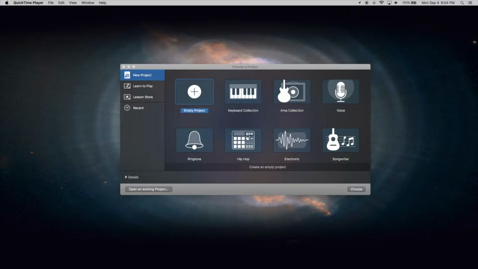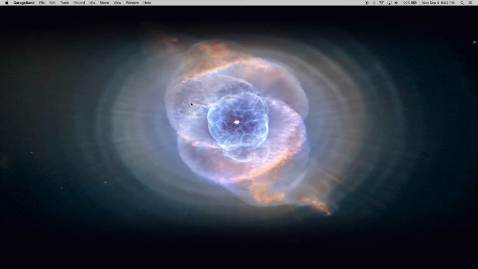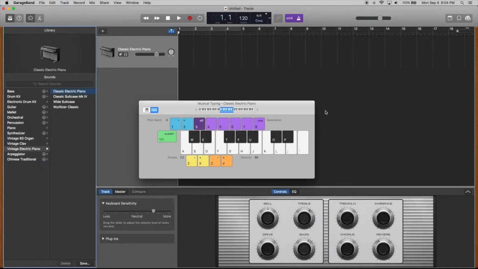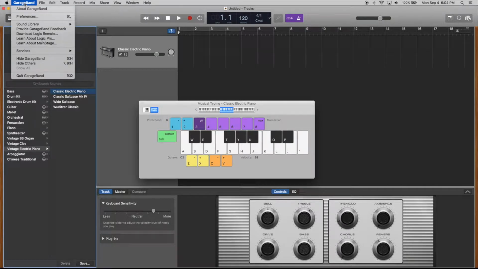So let's get started. First thing you want to do is open GarageBand, which I already have, and you'll see this window in front of you. You can select any one of these options depending on what you want to do. Right now, I'm just going to select Empty Project and Create. And all you need to do is go up here, it says GarageBand, click on that, go down